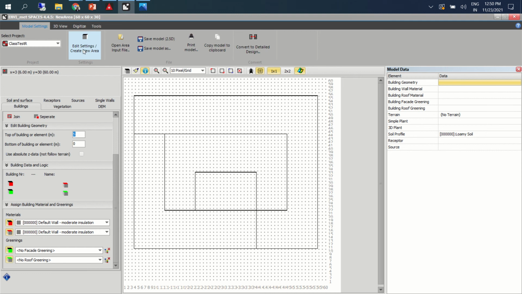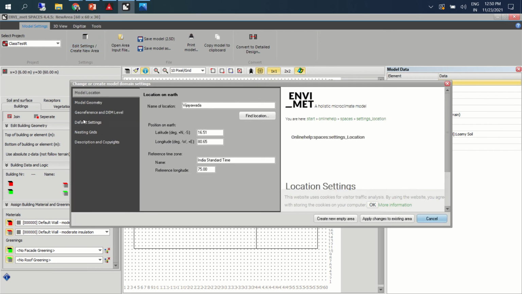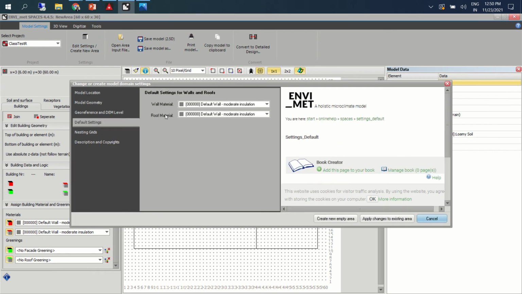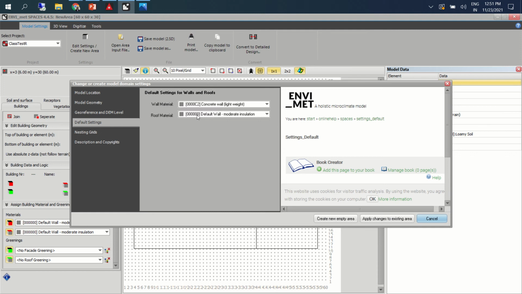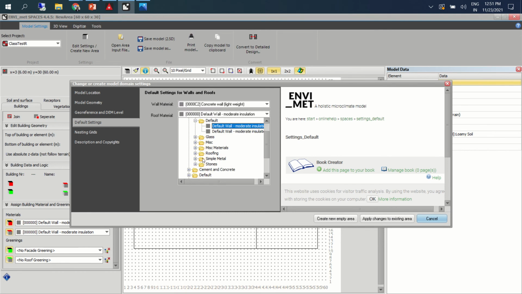In the edit setting tab, default settings, there are two more parameters: the wall characteristics and the roof characteristics. I'll assign some lightweight concrete for the wall, and for roofing there's nothing there.